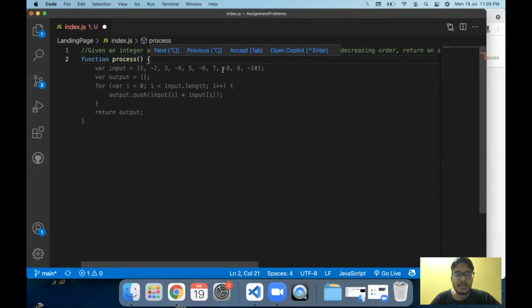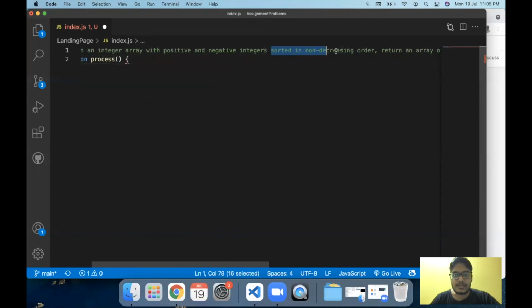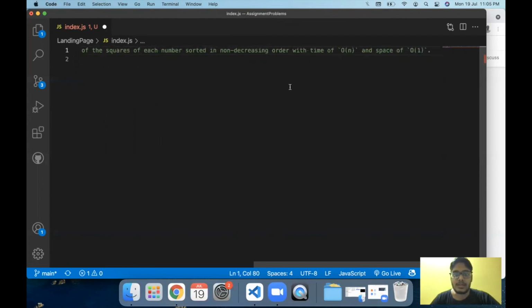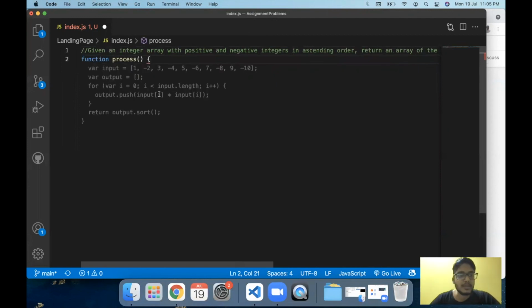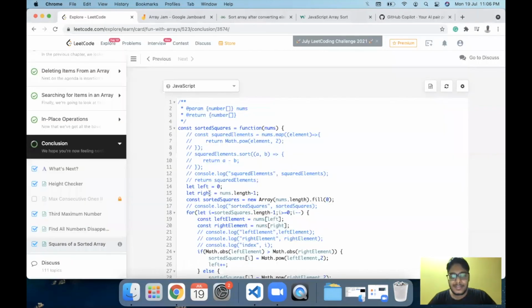This is not in ascending order, first of all, so we will have to modify the problem statement again, I think. So integers in ascending order, return an array of each number in ascending order. So I have modified the statement again, and let's check what Copilot comes up with now. So currently it is still not in ascending order, so I think this won't work. That's decent enough